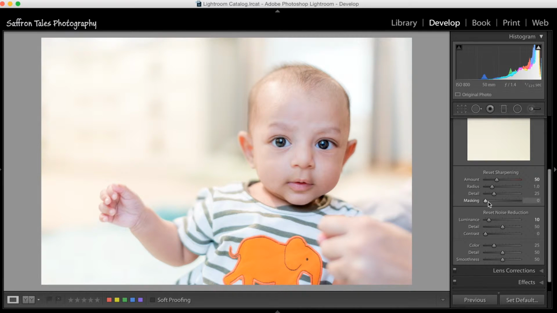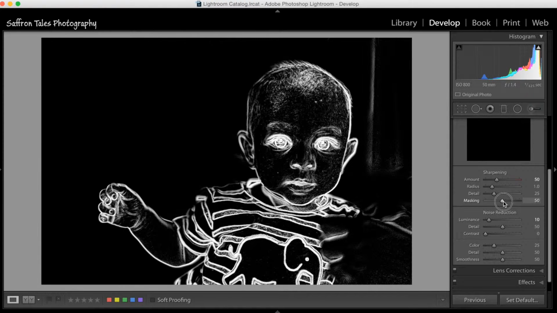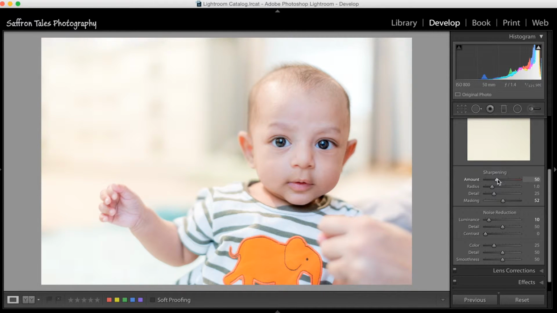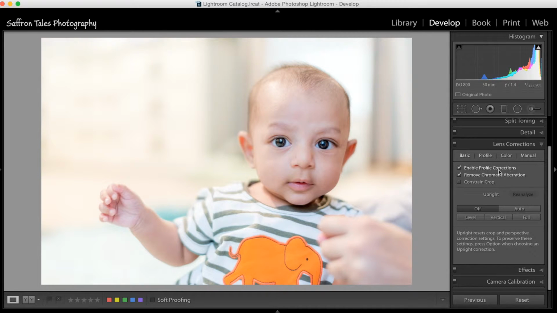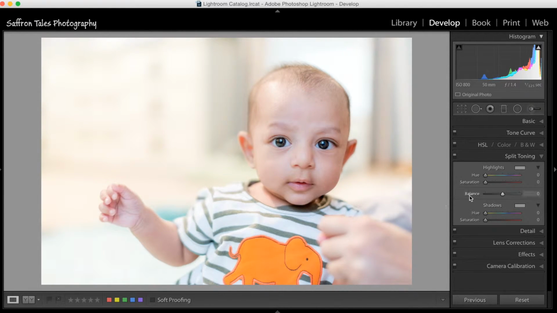Whatever sharpness is there, of course we can press down Alt and keep moving once again to make sure that the sharpening is applied on the edges that you see here. So that again will create some more sense of sharpness. That really helps, because you want the audience to look at the photo, the person first. So yeah, we can stick to that. Lens correction, it's there by default. Not doing anything else. But split toning is something that I use a lot, and that's what I wanted to